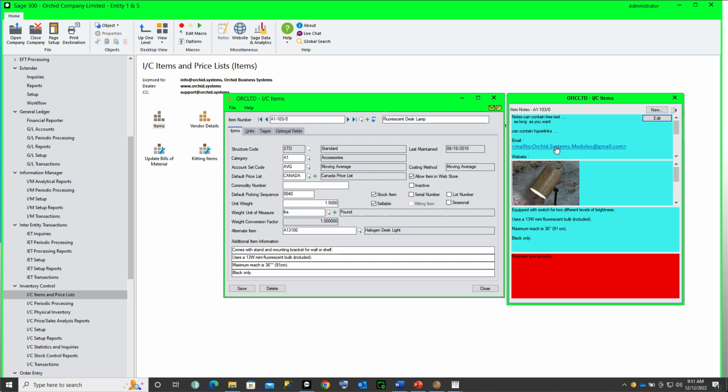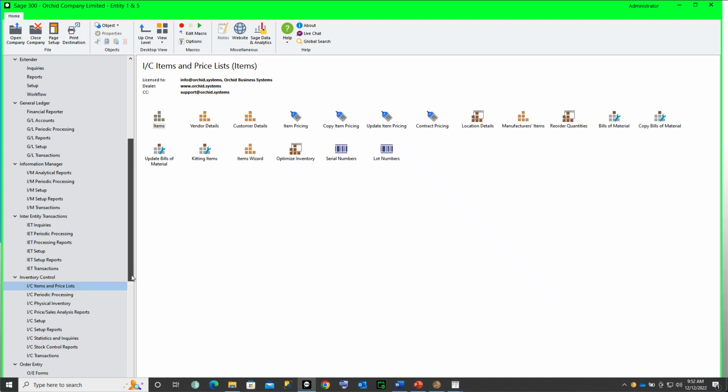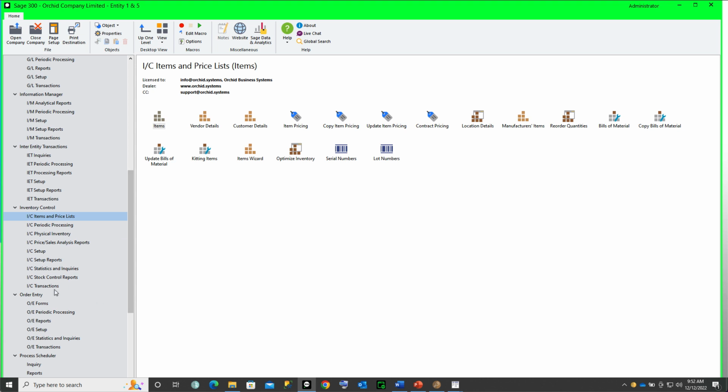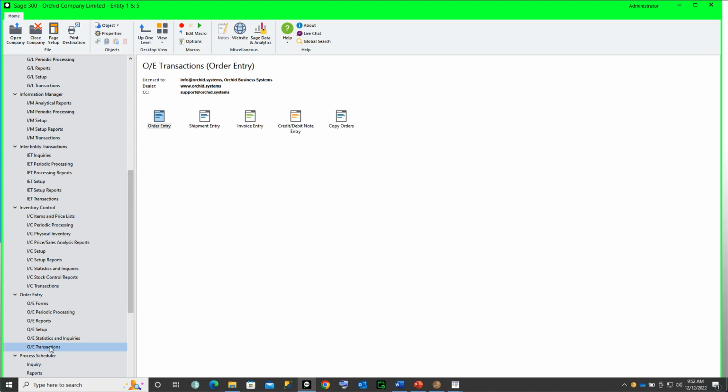You can include some hyperlinks, and you can have different color backgrounds depending on what you're trying to show. So without entering any data, just using the Orchid documents and sample data, you can demonstrate a lot of features in there. And then if we put together these notes against customer and item in a Sage 300 screen that uses both customer and item, being the order entry screen,